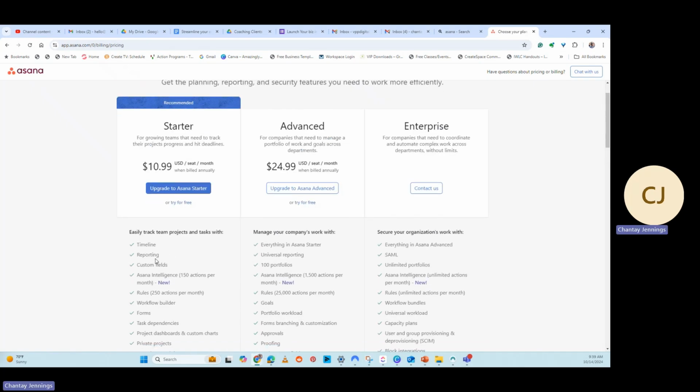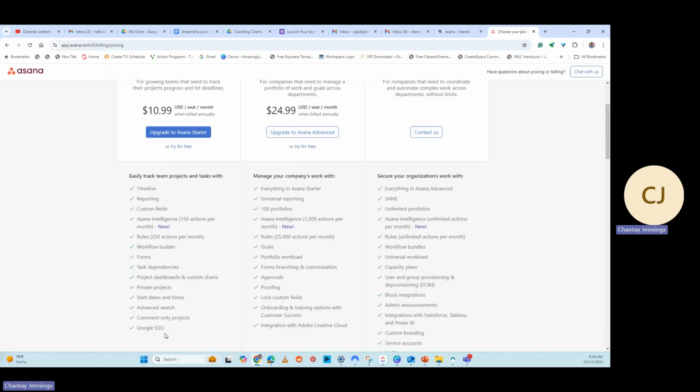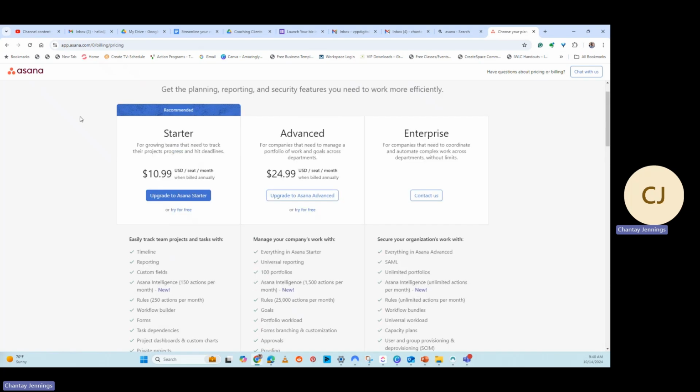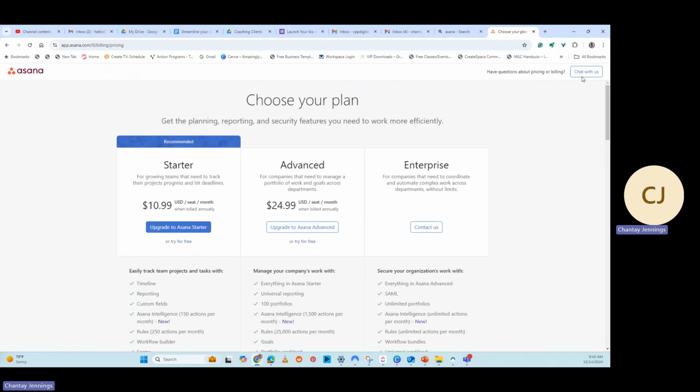But check and make sure that they've got Google SSO, comment only, project, advanced search, start dates and times. A lot of people don't need that. Private projects is huge for someone doing this, especially in a business. If you're just doing it for yourself, not so much. So you check out